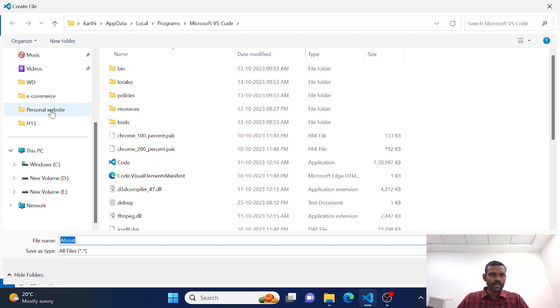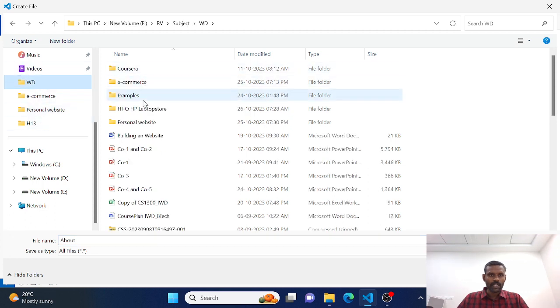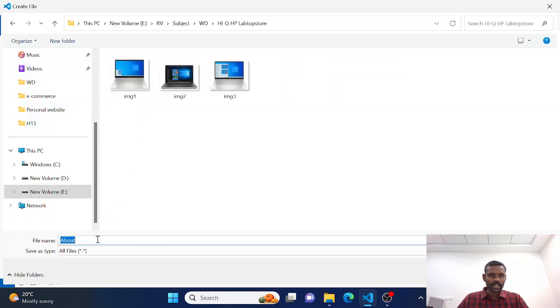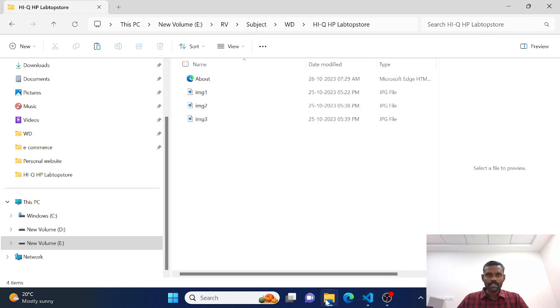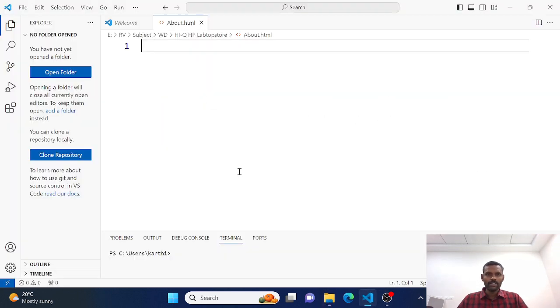Now you can go to your current working directory. In the current working directory, you see there is about.html as a file. It is created. It is there in my current working directory. You see, this is the about.html. Initially, this file is empty. If you want to take some default code,